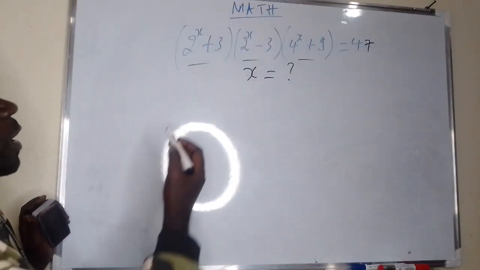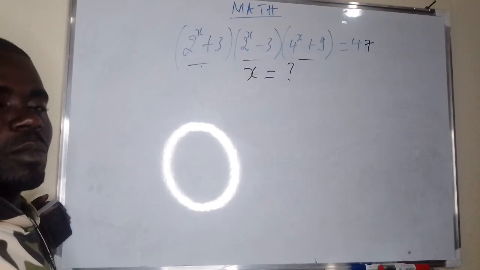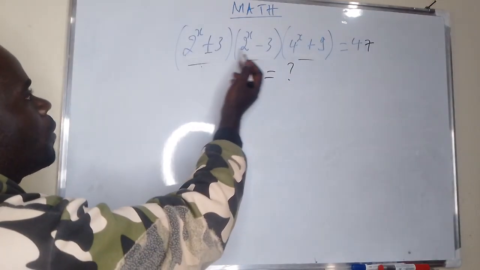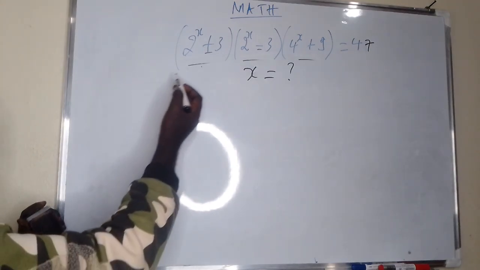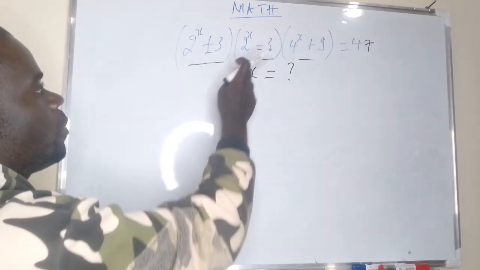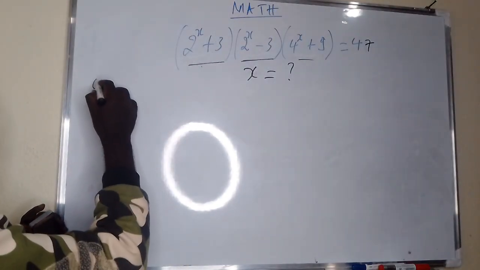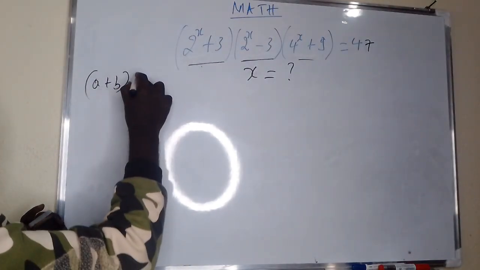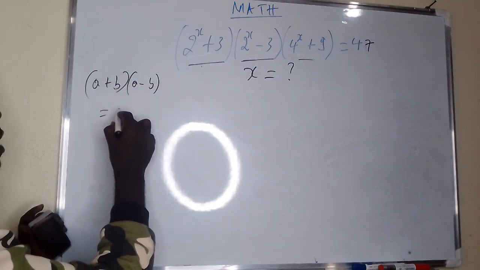They have two factors which are to be multiplied, and those two factors seem to be equal but with different signs. So we are going to multiply this first of all, and when you look at this, we see that this one and this one are the same. The difference is only these signs. Then this is like (a + b) times (a - b), and we know that this one is